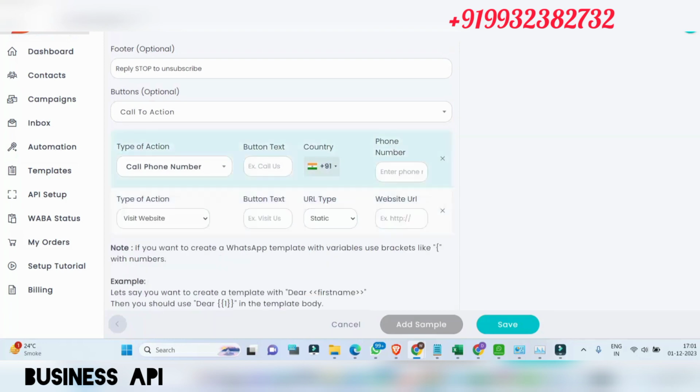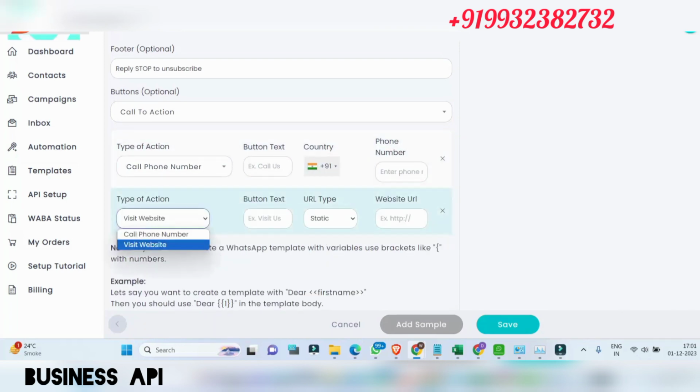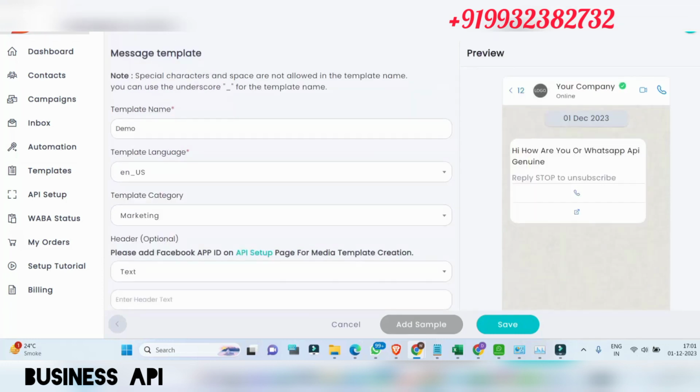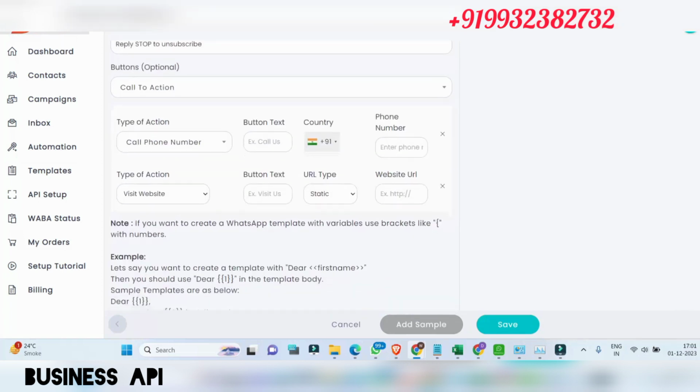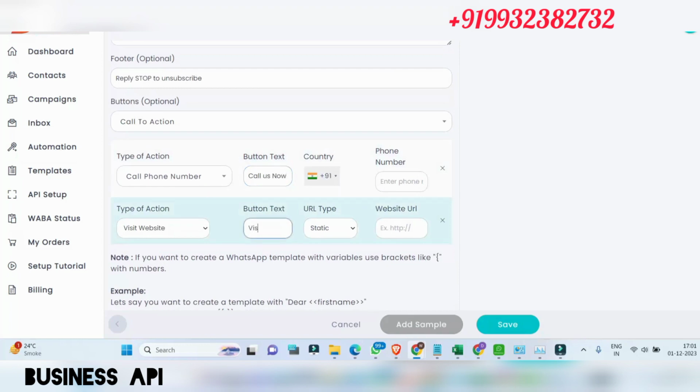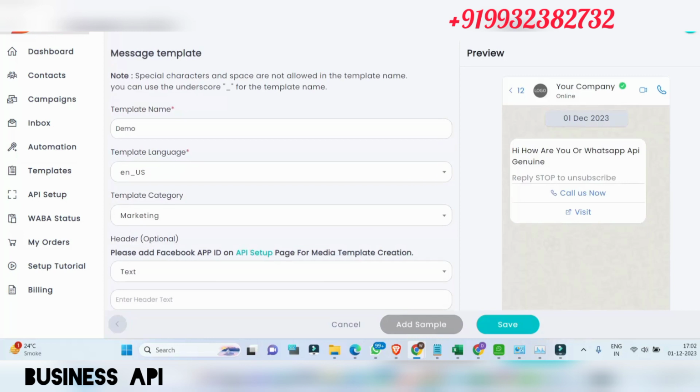Add new button, we can add a website option. Because this is an official API panel, our message will look like this. We can send any text here.